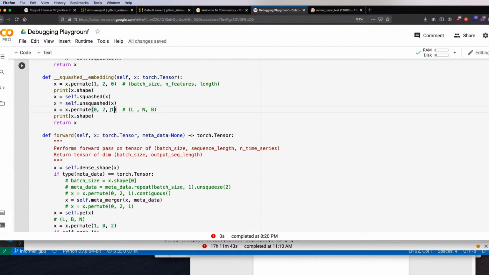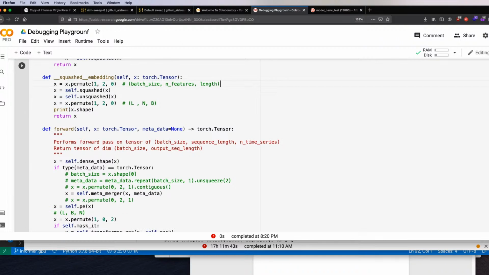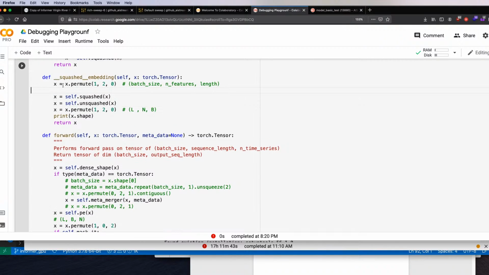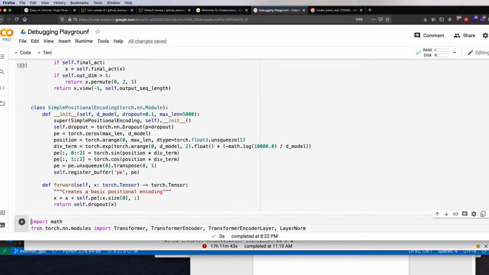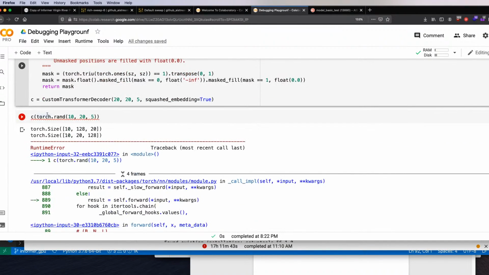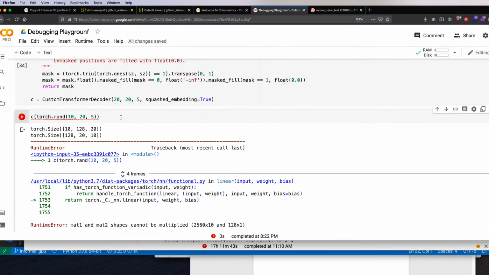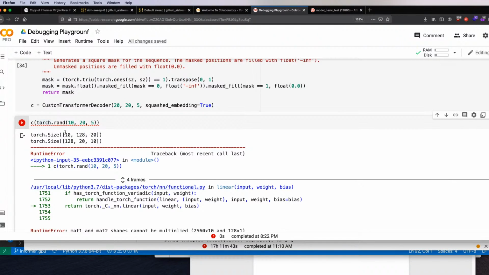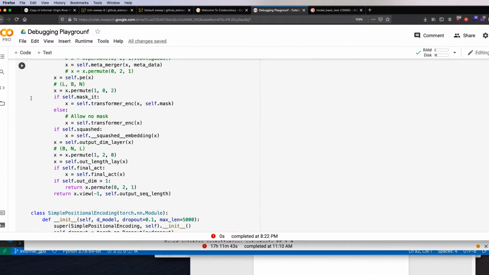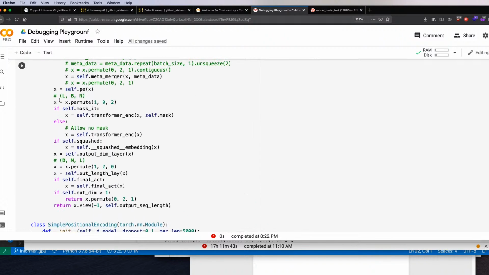So 128 should be there. So this... so actually... Goddamn it. Print x dot shape. Let me get this straight. I had this figured out before. It didn't save though. So 10, 128, 20, and then 128. And if 128 is in 2, then it should come out there, right? Because